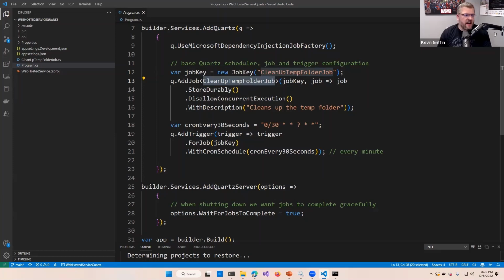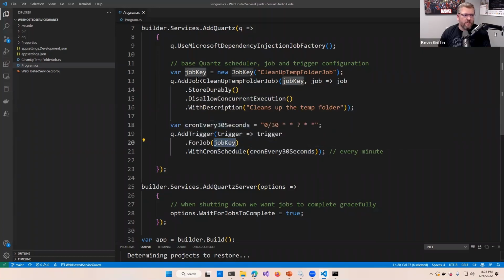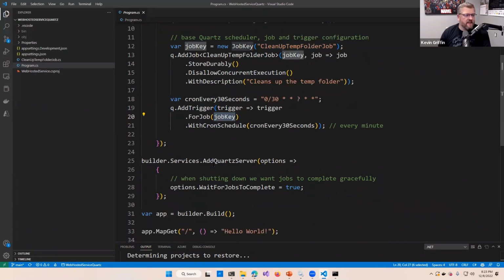execute it. I've done some stuff here to make sure that jobs don't run concurrently. I've had that bite me in the butt a couple times, where if you're looking at resources, but two jobs are running at the same time, they could kind of step on each other's toes. So I just tell them, don't do that. And then we're setting up the trigger. So every 30 seconds, I want to go run the job key. So clean up temp folder job. And